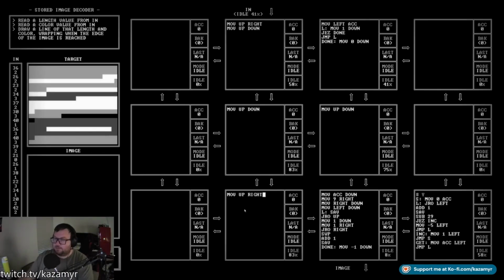So I was thinking about having this just store a number. But actually, if we're not going to be using the accumulator for testing, then we can keep the accumulator as X and the other value is the current color. So if we move left into the accumulator,